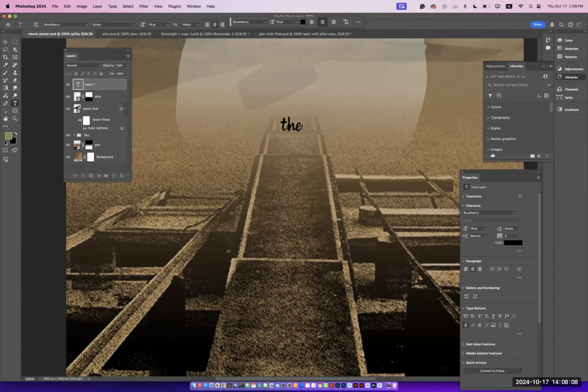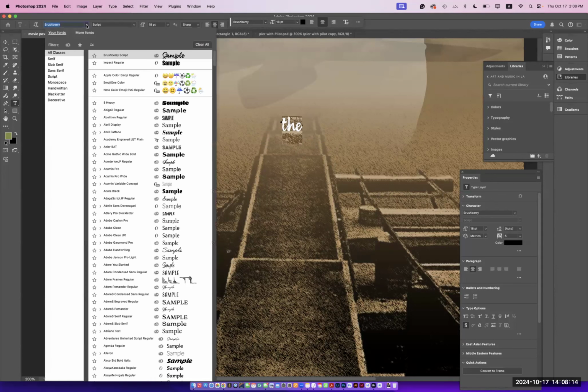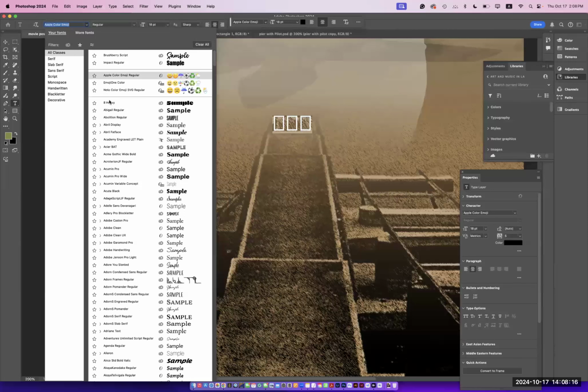But now I don't want this typeface. I'm going to highlight it, and now you can look for typefaces, the different typefaces that you have in your system. I'm going to use something really, really simple. I don't know which ones you have in your system. They're going to be all Creative Cloud fonts. So I'm going to start by typing